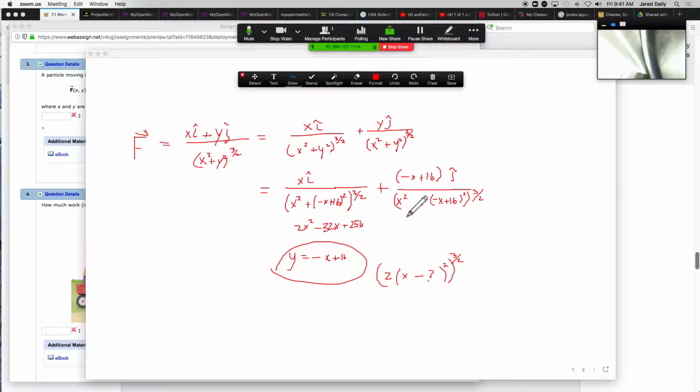Once you get it to this point, what we're doing here is essentially combining the x squareds down here so that we have one thing down here instead of two things, right? You can't just have that 2x squared minus 32x equals 256. You could do it this way, but this way I don't have